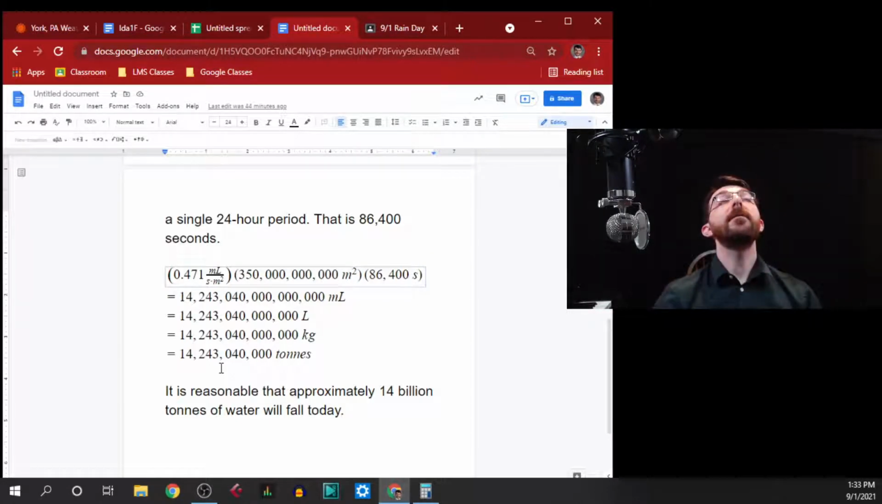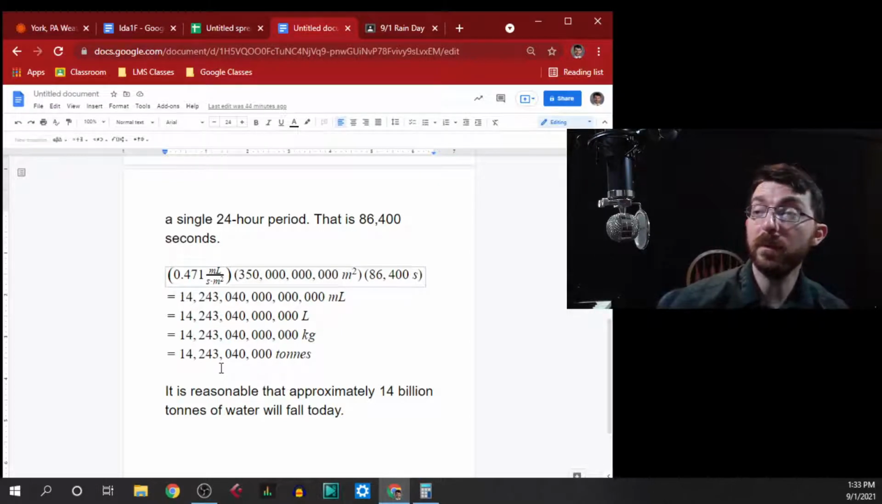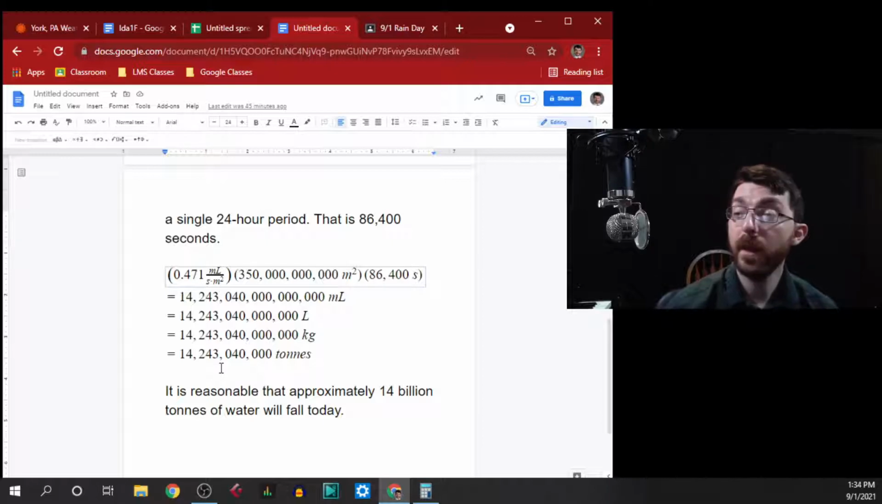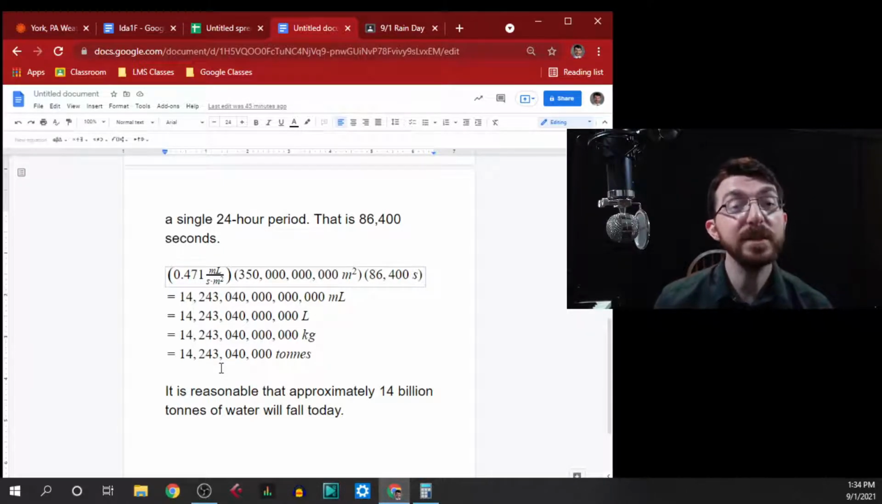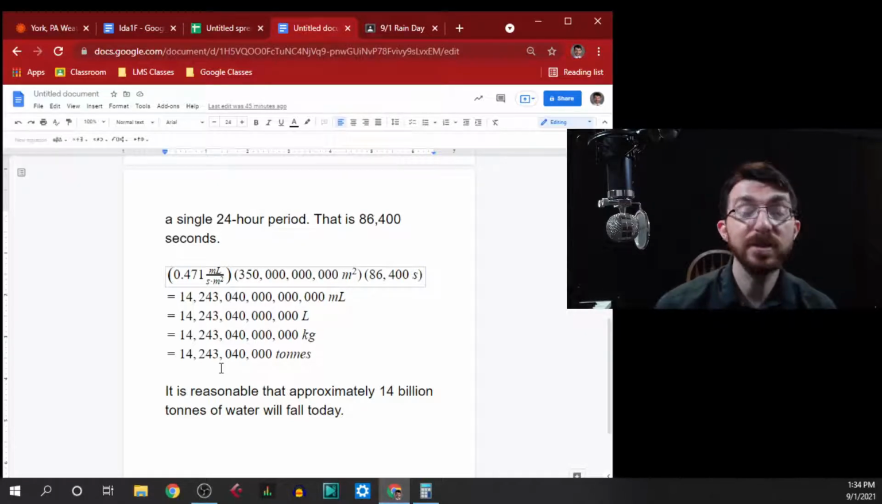This is a very, very, very, very, very rough estimate. 14 billion to me just means, okay, so it's 11 digits. The real number may be anywhere, I'd expect, from 10 to 12 digits long. The point is, we're talking about billions of tons of water dumped over a 24-hour period. Over the several days of the storm, we're possibly even looking at hundreds of billions of tons of water in